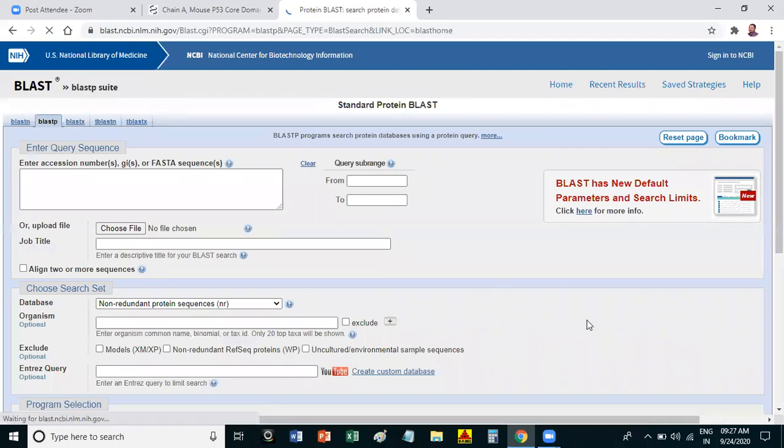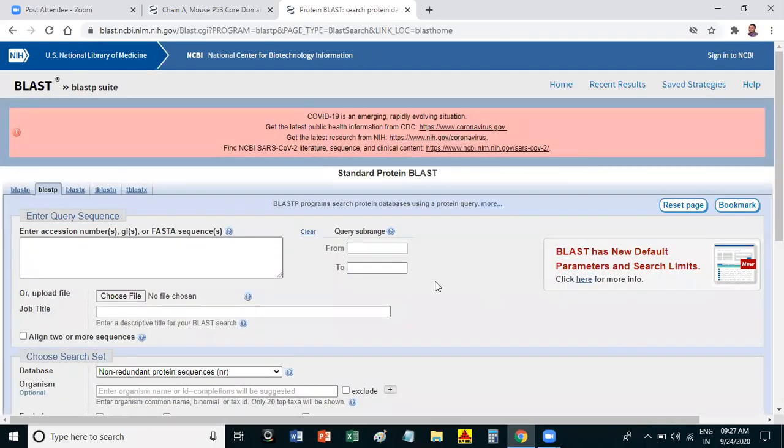That is why protein to protein is shown in that program. It takes the protein sequence as the input or query sequence and searches this input sequence against the protein database. That is why it is shown as protein to protein.